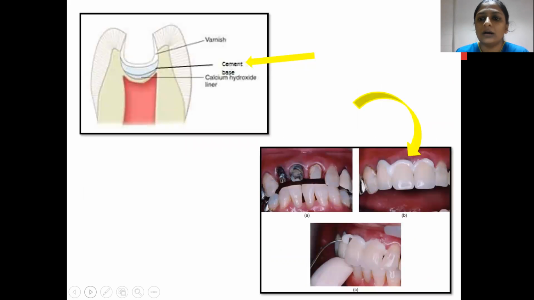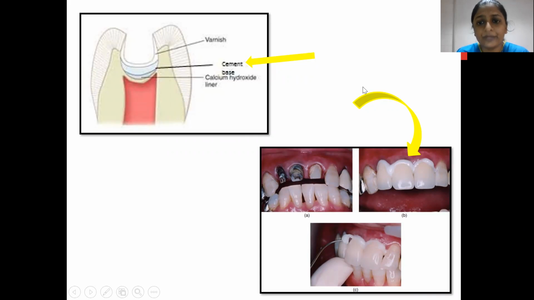So in this picture, we can see that when we give a filling in a deep cavity, normally we'll have to reinforce or line the tooth, the missing dentin, with a liner, which is calcium hydroxide, which we can see here, followed by a base. So base is generally a material that, when you're giving it as a restorative material, will replace the missing dentin and also protect the underlying pulp,